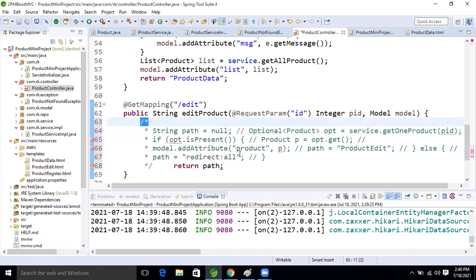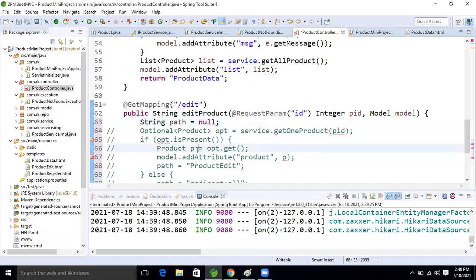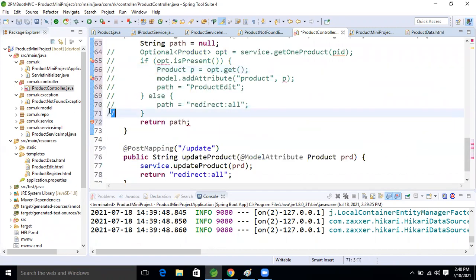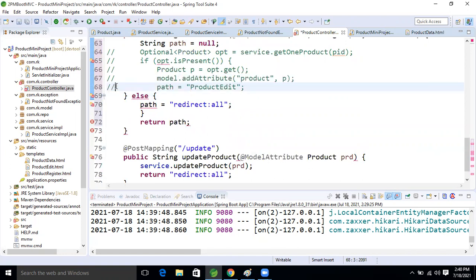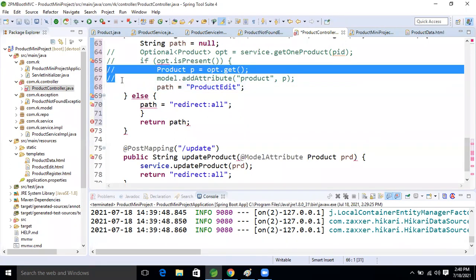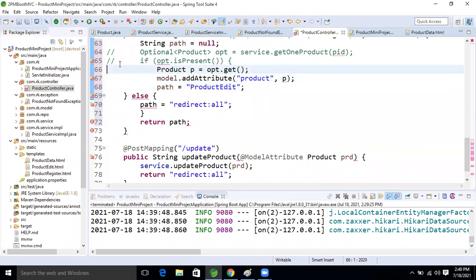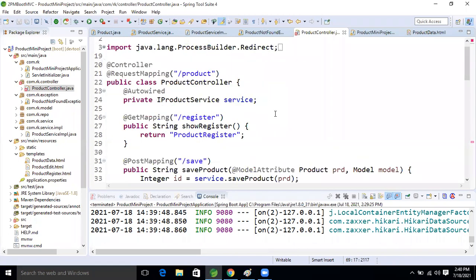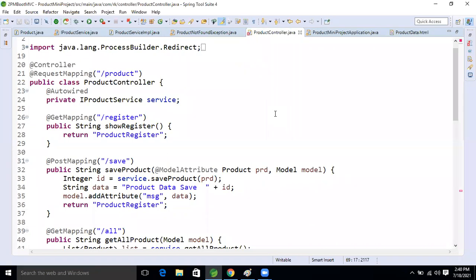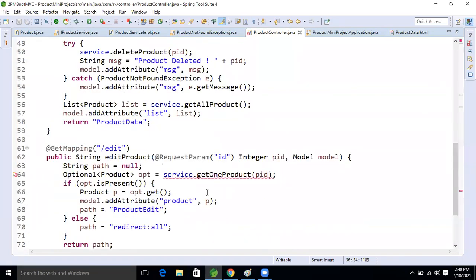Okay, good. Now remove is optional, right? Here the optional, we need to remove it.